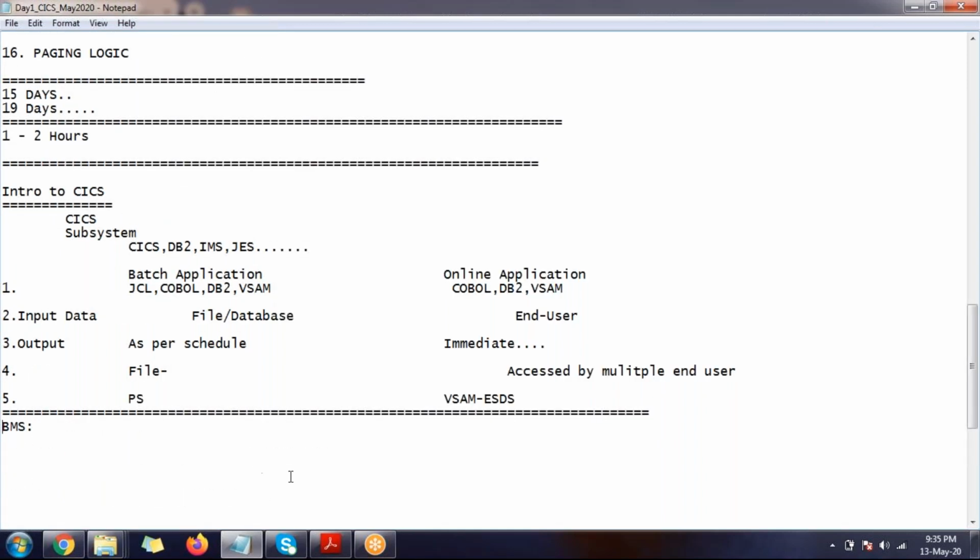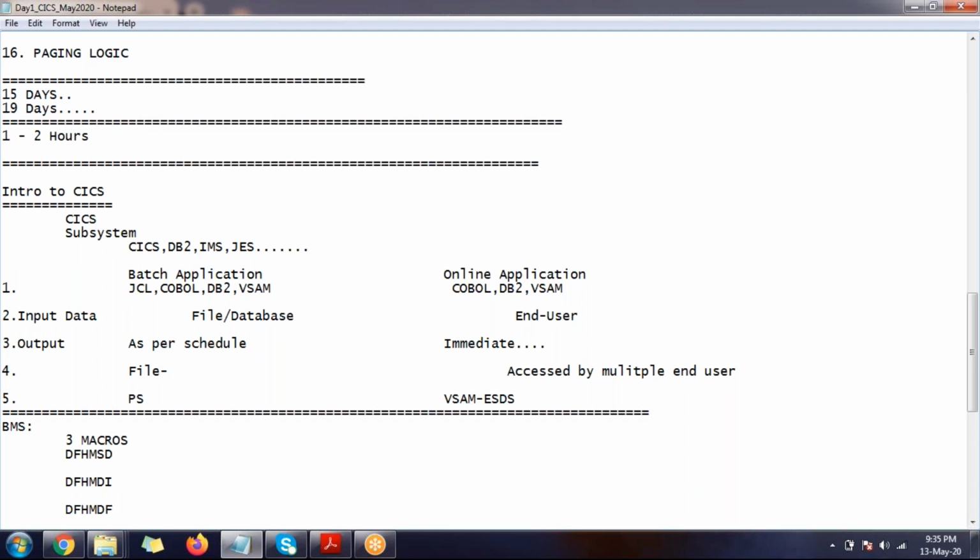Okay, team. So basic mapping support. BMS stands for basic mapping support. To develop the screens, we have macros. We have three macros to develop a screen: DFHMSD, DFHMDI, DFHMDF.